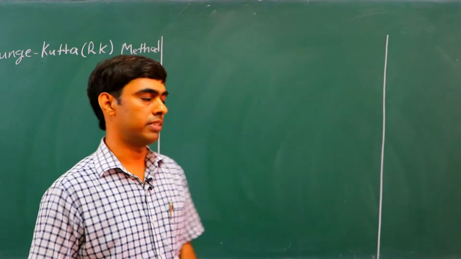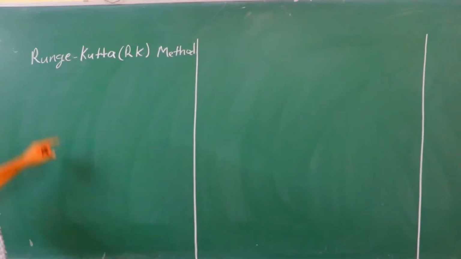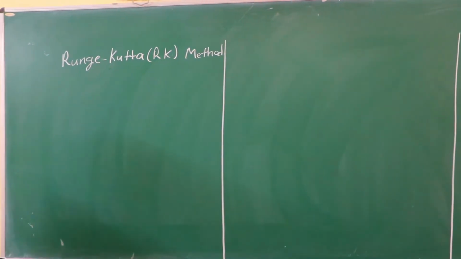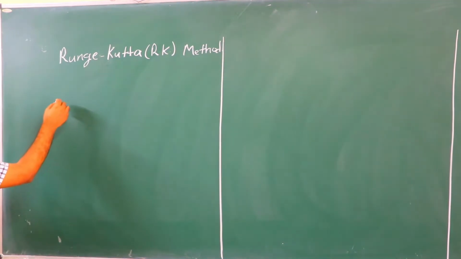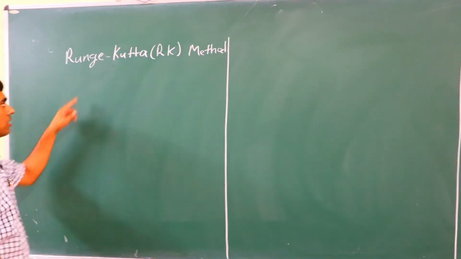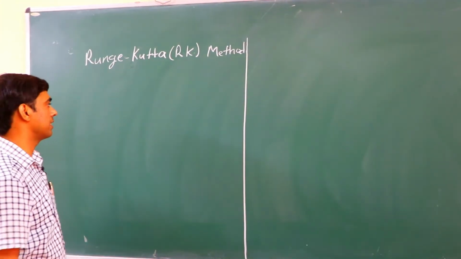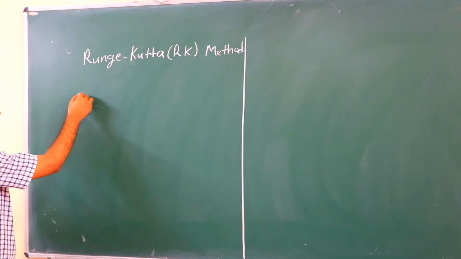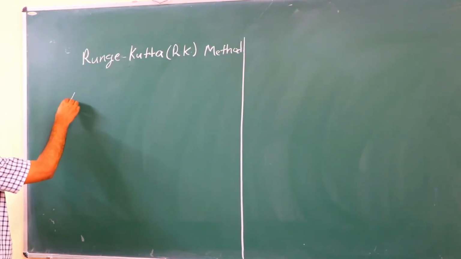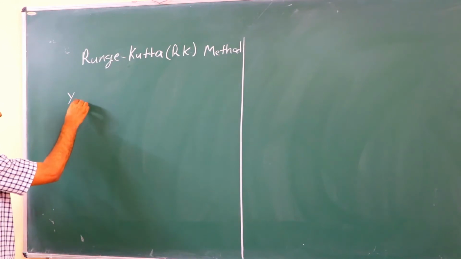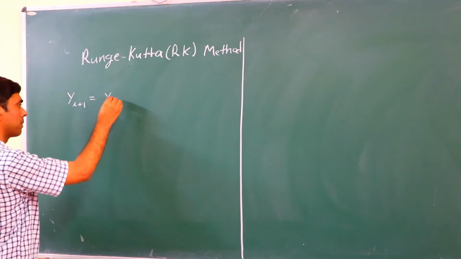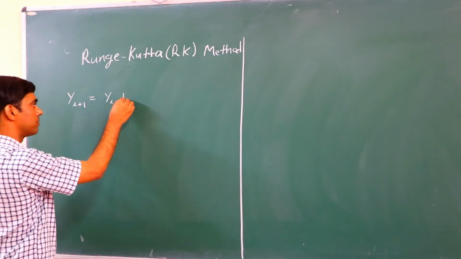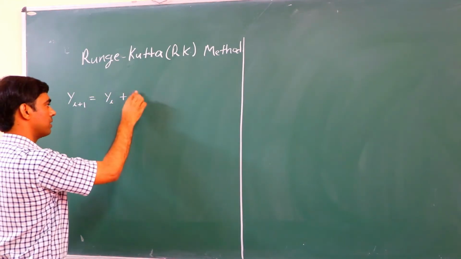So what are RK methods? The RK method is under the category of single step methods. The short form of Runge Kutta method is RK method. In an RK method we use the iterative scheme y_{i+1} = y_i + h m,